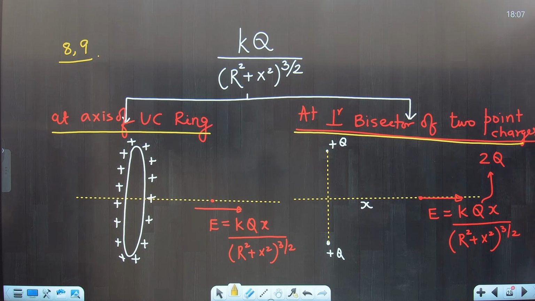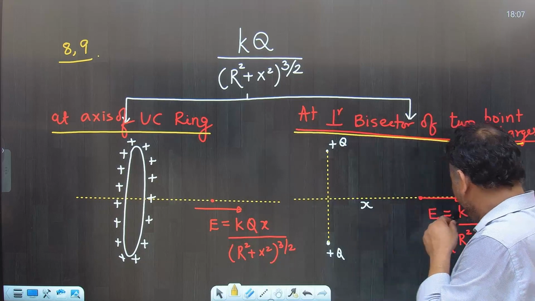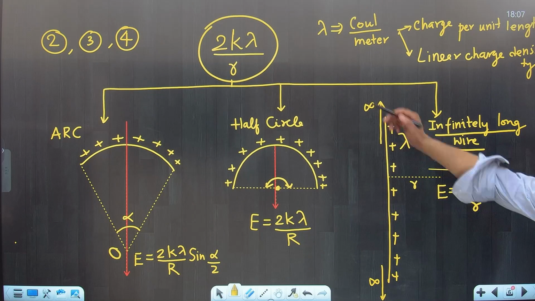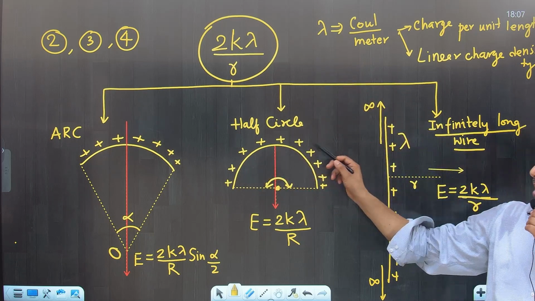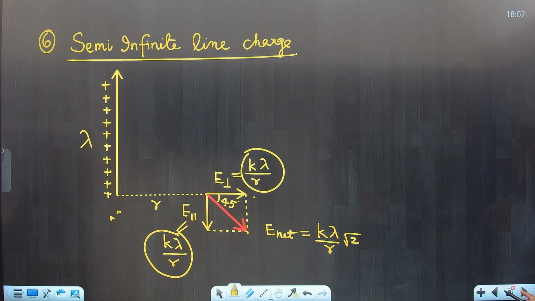Now this term is also very important, like 2k lambda by r. 2k lambda by r was important for the arc, half circle and infinitely long wire. But this term